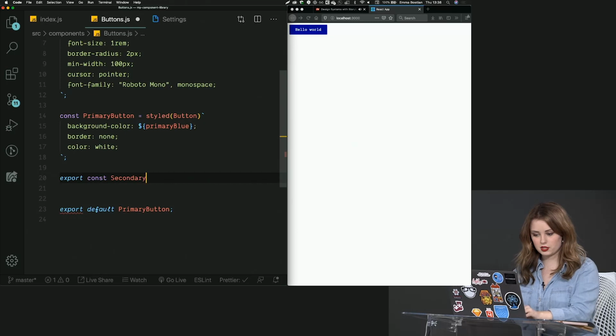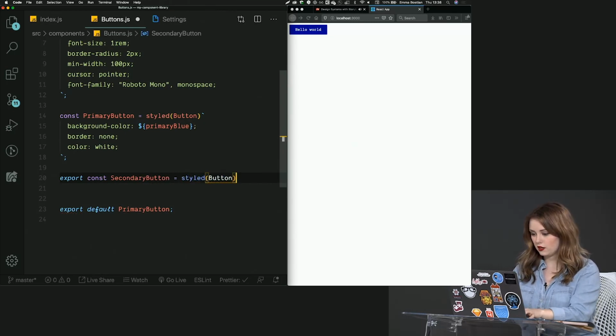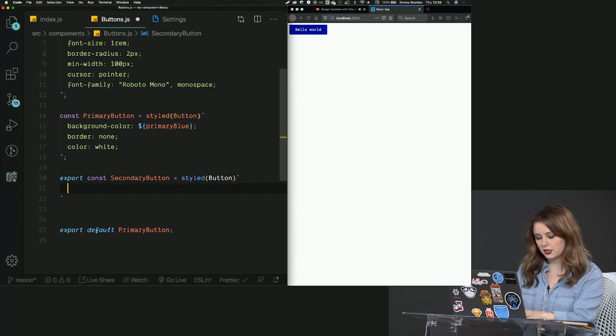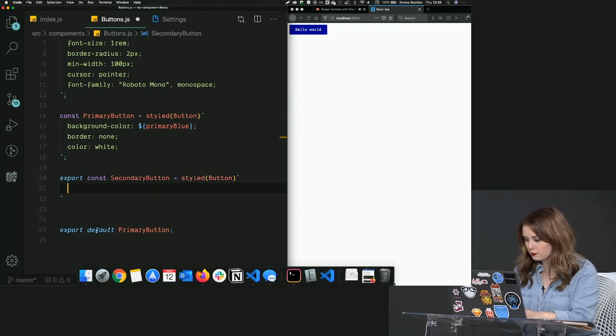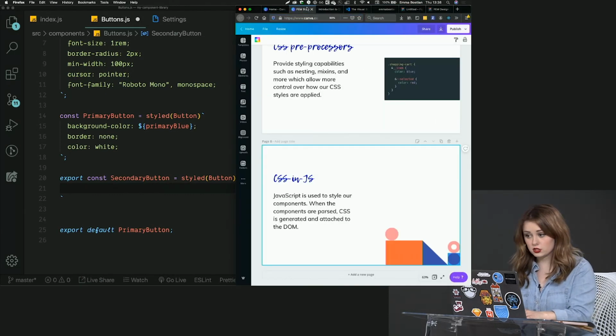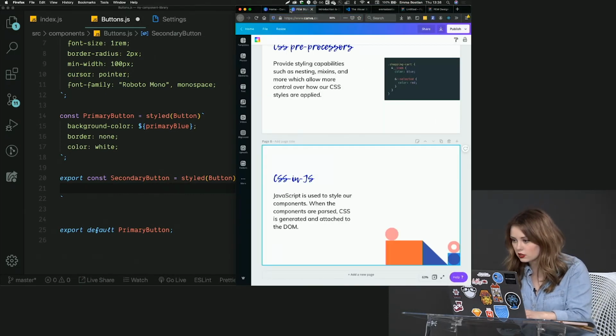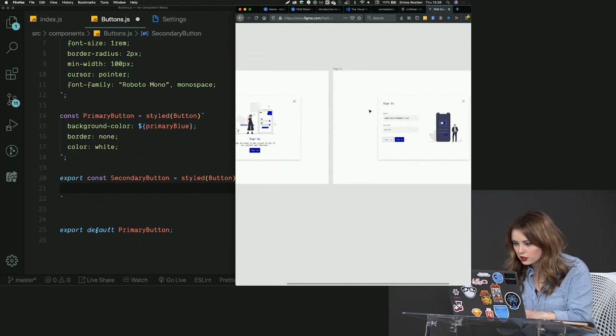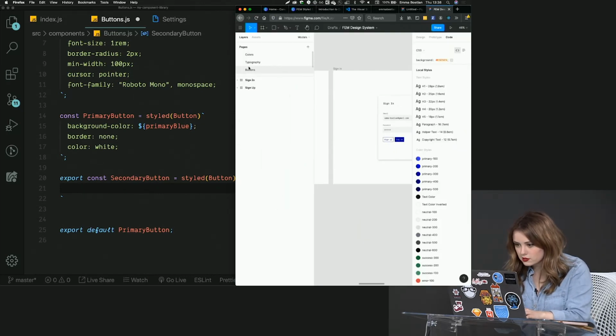Export const, I'm going to do secondary button. And again, this is going to be a styled button, not an HTML button, our button that we just created. So my secondary button, if I go look at my Figma file, and yours can look just like however your buttons look like. Let me find my Figma file here. If I go back and look at my buttons tab,